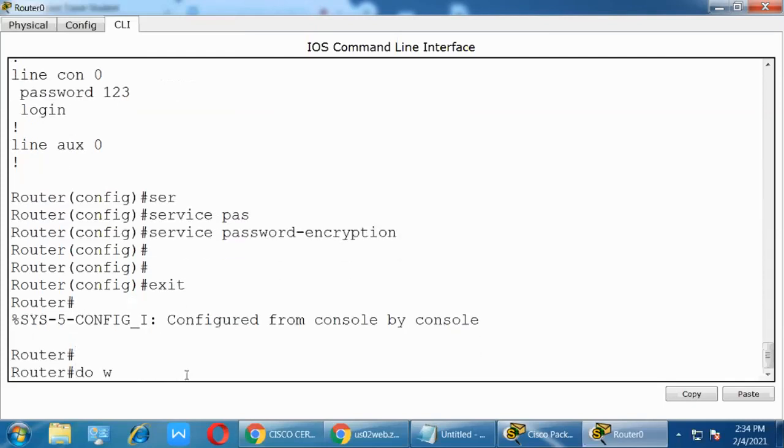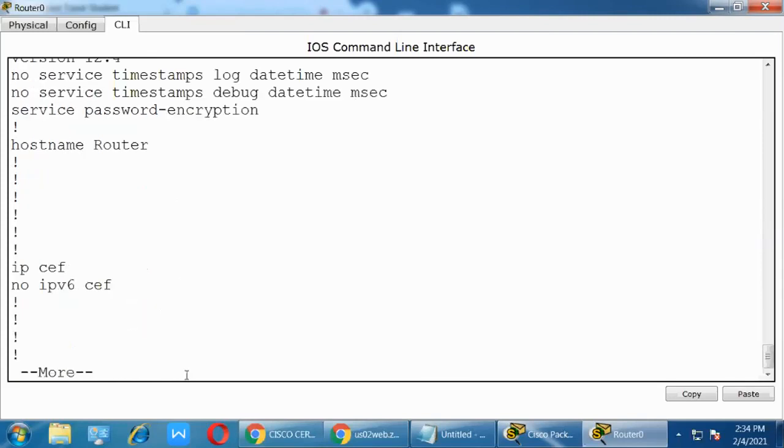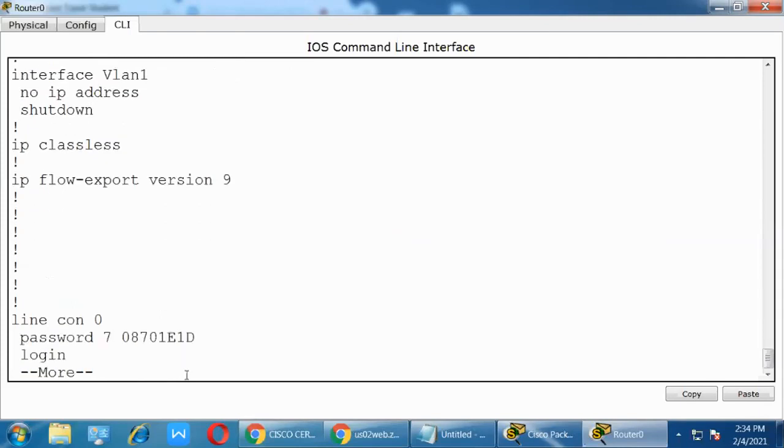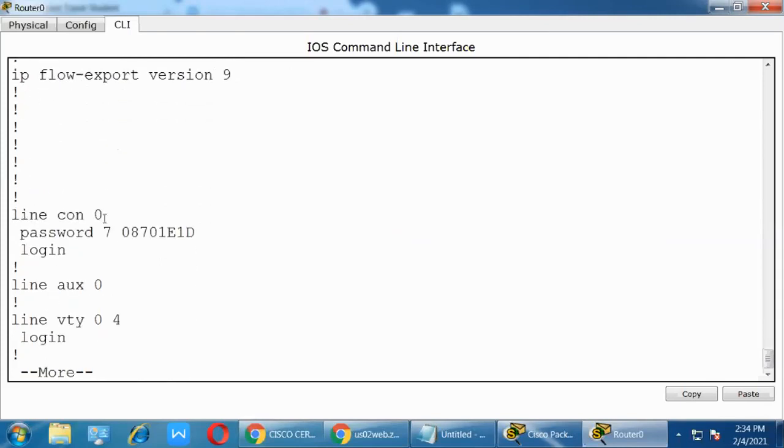Exit. Sorry, show run. Show run. See here, this is your password 123, and the password is converted into this code.